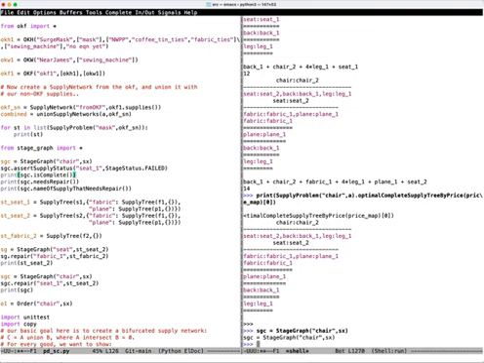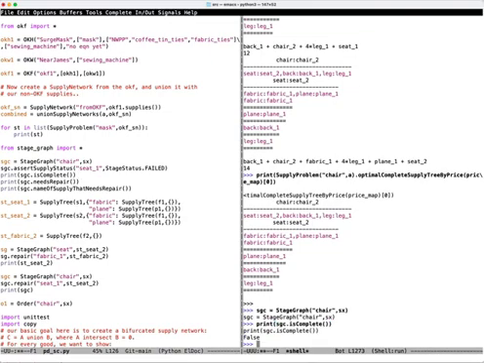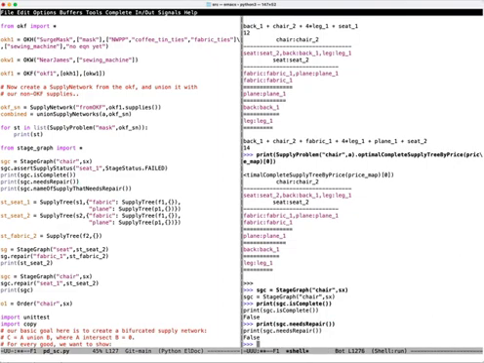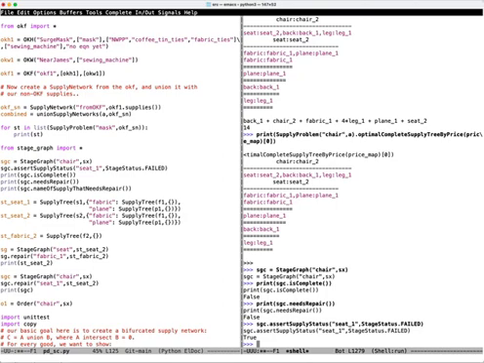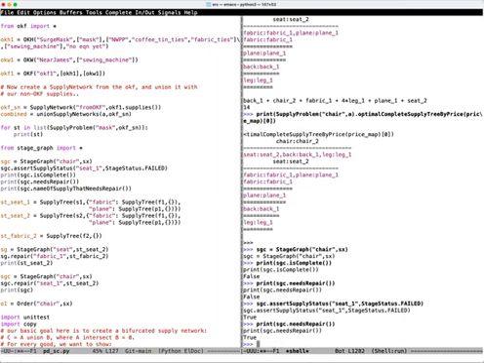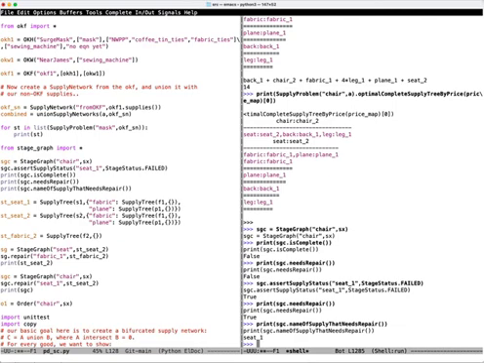I can ask, for example, is it complete? That is, have we completed it? Does it need repair? And the answer right now is no. But then I can artificially assert that one of the things needed in the stage graph has failed, and then we can ask the question, does it now need repair? And the answer is yes, it does. And we can ask the name of the supplies that need repairs, and as you can see, that is seat